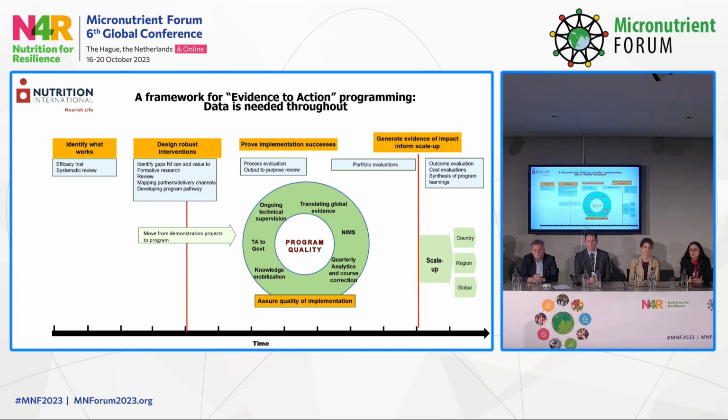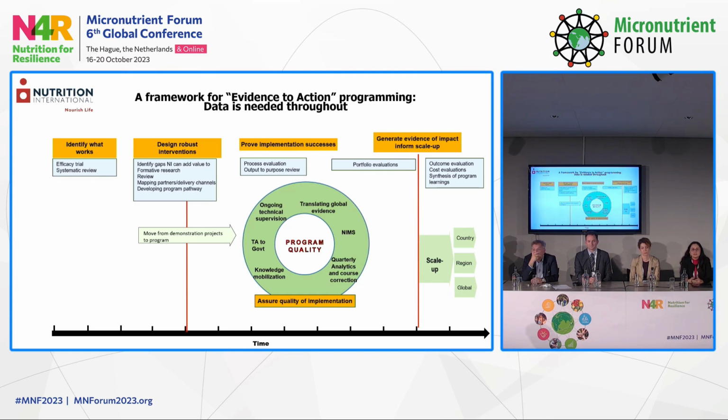And then eventually, it's all about going to scale. And this information that's gathered and implemented through the program process has to also be helping us to go to scale. What are the elements for scaling up, moving from a few districts where you start the programs, usually with a smaller scale? Ideally, we want to have national scale when it makes sense. And then this scale up could also be leading to regional and country and, eventually even global level learnings and program guidance and recommendations. So this is really a complicated, intricate, and very connected framework for linking evidence to action.